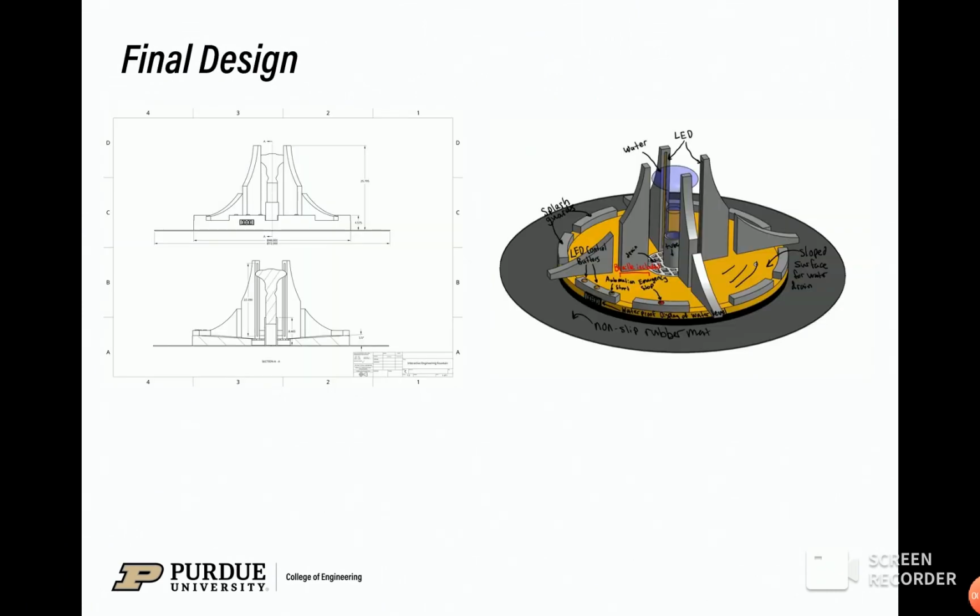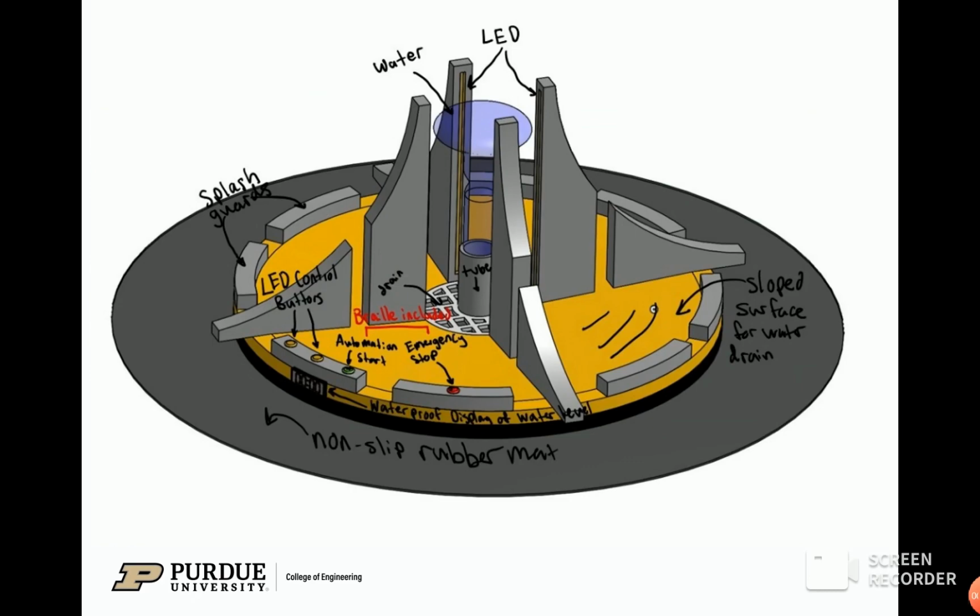After some feedback, we made a couple changes and ended up with this final design of the interactive engineering fountain. It works by using a small pump that pushes water up through the center column. The water then flows down a sloped base back into the reservoir, where it's then recirculated. A water level sensor constantly monitors the amount of water in the system, and the microcontroller automatically turns the pump off if the water level gets too low and back on if it's above the minimum threshold to conserve energy